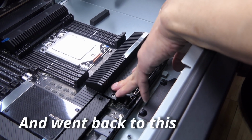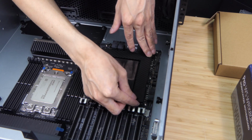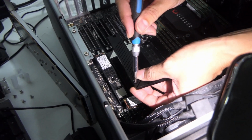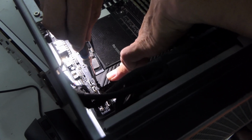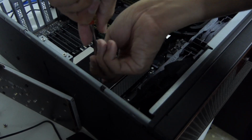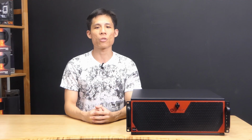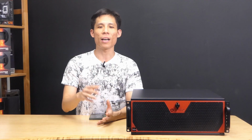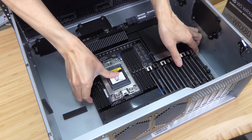onto the SSDs. And because of this unique right angle design for M.2 slots 2 and 3, you have to make sure that both heat shields are connected well so that the screws in the middle that connects both can be screwed down to lock the two heat shields together. After trying so many times, we gave up and we just decided to change to a new motherboard. And it's not just because of that, we also face some other bigger issues, which will be a story for